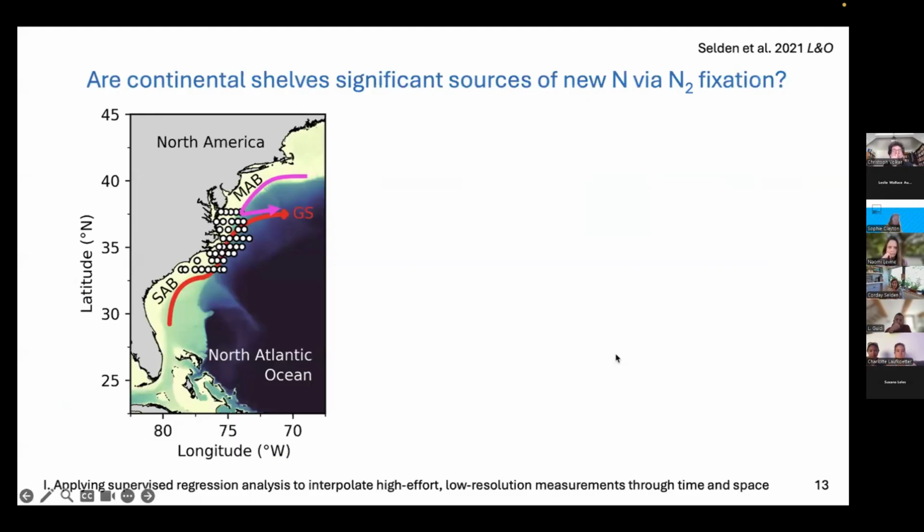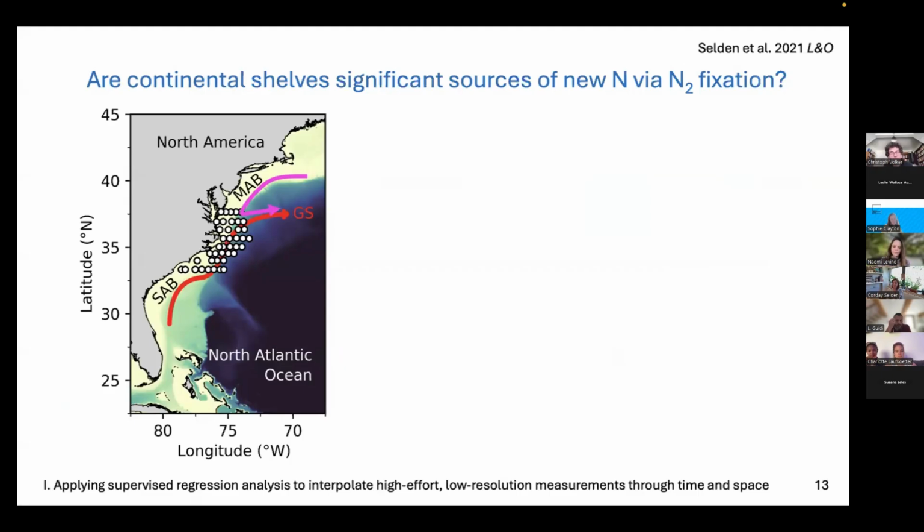I first started playing around with this sort of approach as a graduate student working on nitrogen fixation. And in particular, I was interested in the contribution of nitrogen fixation on continental shelves to the ocean's nitrogen reservoir. Now, coastal diazotrophs have long been discounted as significant contributors of new fixed nitrogen. However, just prior to the study I'm going to share, our group had compiled a strong interseasonal data set and